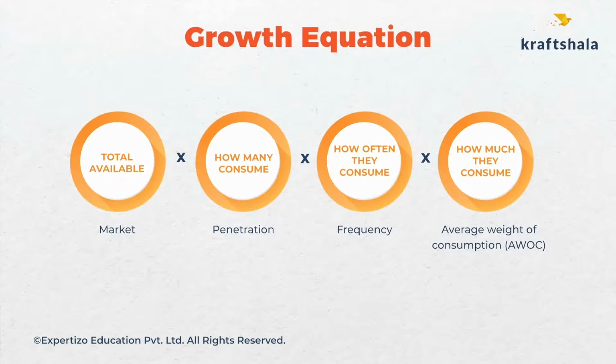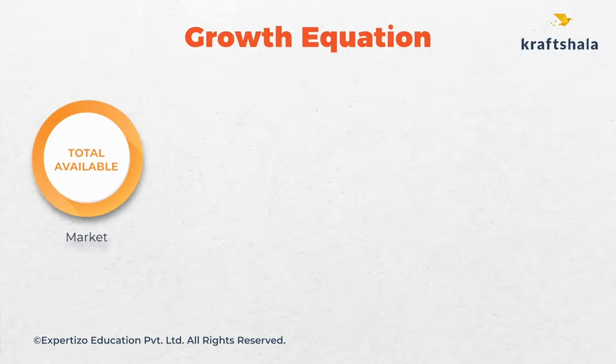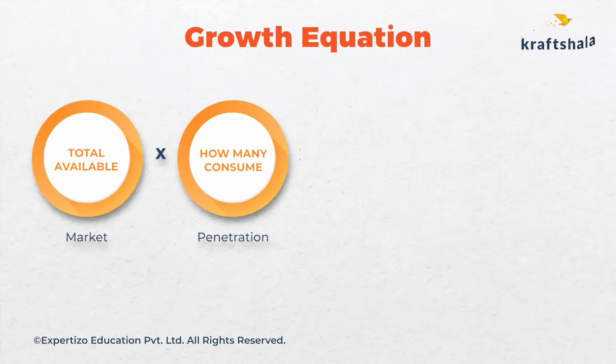To figure out what the business objective for a brand is going to be, a useful place to start is the growth equation, which has essentially three components to it that respectively determine what the business objective of a brand could be. So this is what a growth equation looks like. So you start by first figuring out the number of people available in a given market or geography. You multiply that by the percentage of people who consume your brand, and that's called penetration percent.